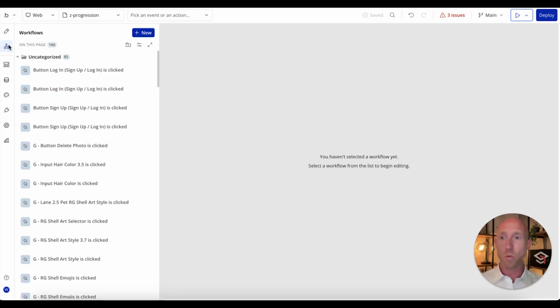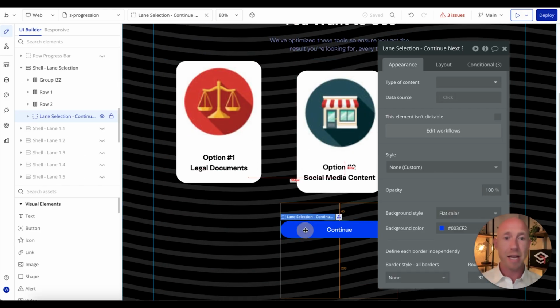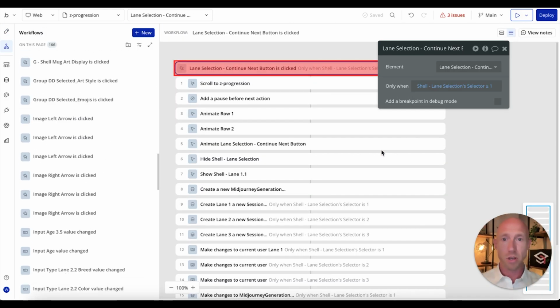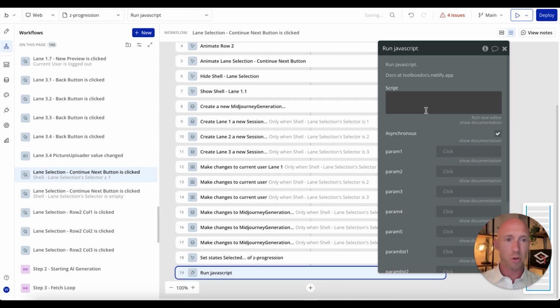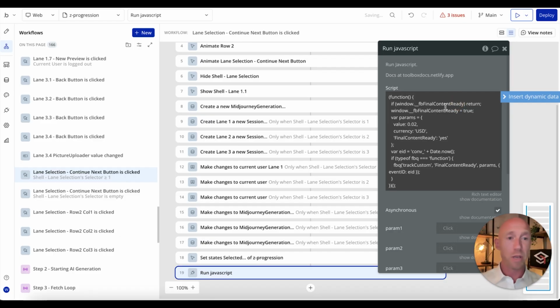So let's go. We're going to head over here to the design area. We're going to decide on the places we want to do this. So I'm going to go to Edit Workflow. I'm just going to look here. I'm going to do a search for run JavaScript, and then we're going to paste this in. Now, here are the 4 spots to worry about. Basically, after this FB, final content ready, I'll say progression started